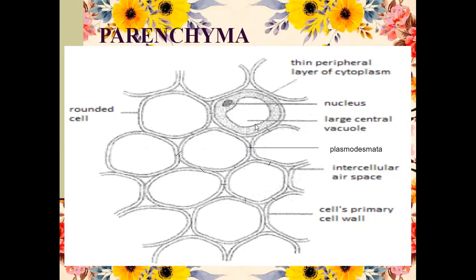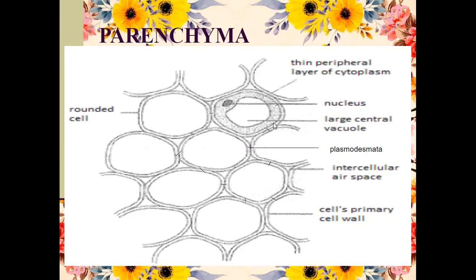In parenchyma also, one large central vacuole is present. The vacuole mainly acts as an excretory organ of the cell. It is protected by the tonoplast, a thin layer present around the vacuole, and around this central vacuole,